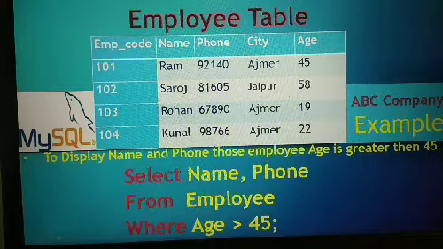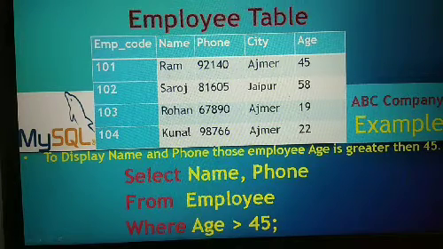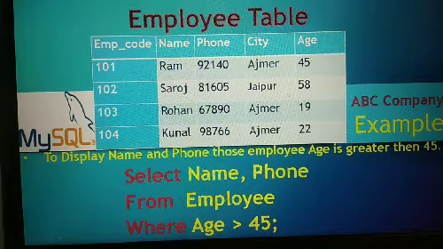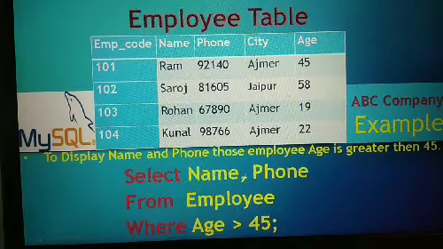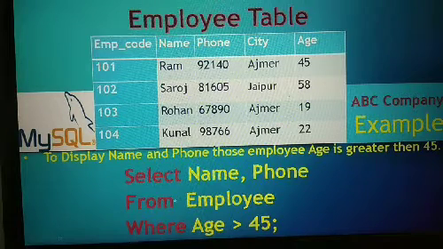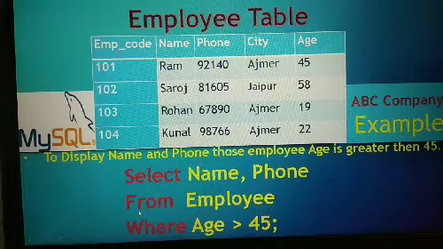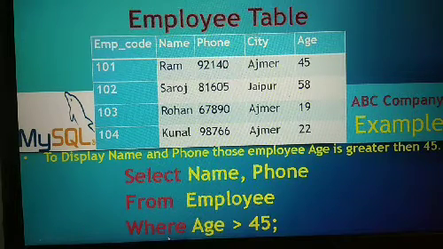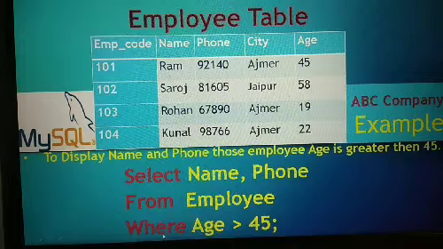So to make this query, we will write select. We have to display name and phone number. So we will write name and phone. Is it clear? Which table contains these columns? Our employee table. So we will write with from clause employee. Is it clear? Now where? We already know we write our condition with where clause.